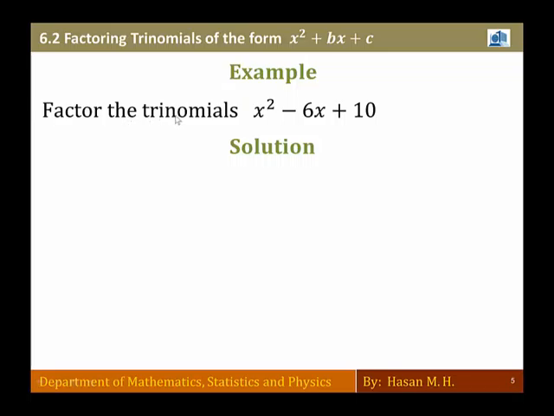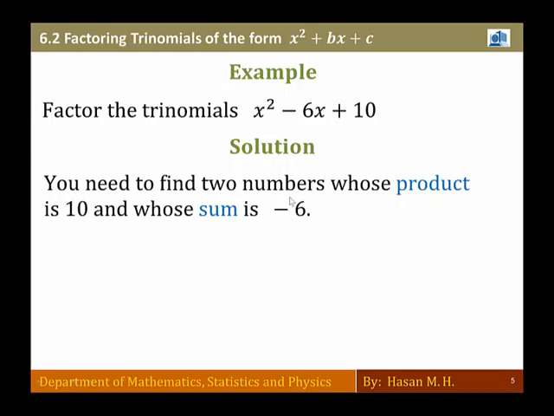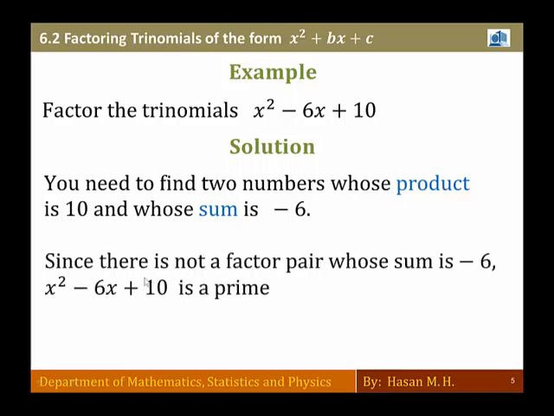Example: factor the trinomial x squared minus 6x plus 10. To factor the trinomial, you need to find two numbers whose product is 10 and whose sum is negative 6. Since there is no factor pair whose sum is negative 6, x squared minus 6x plus 10 is